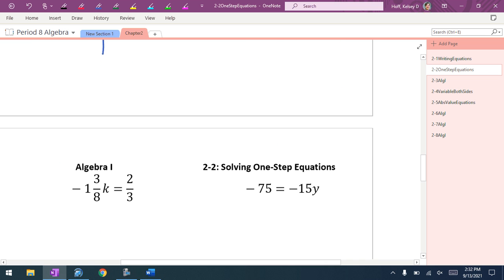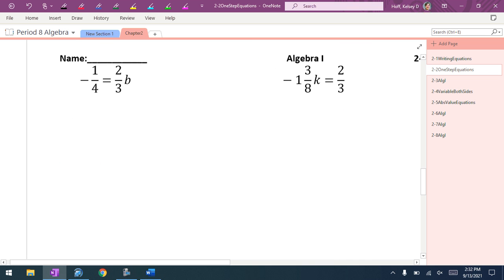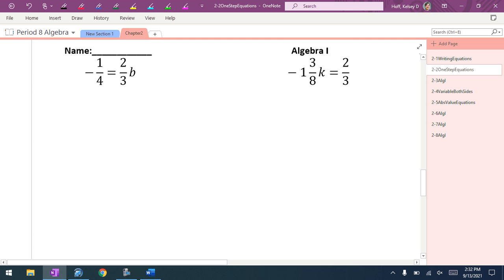Okay, let's flip to the back side. Top left. Negative 1/4 equals 2/3 b. I draw a line through the equal sign, and I should